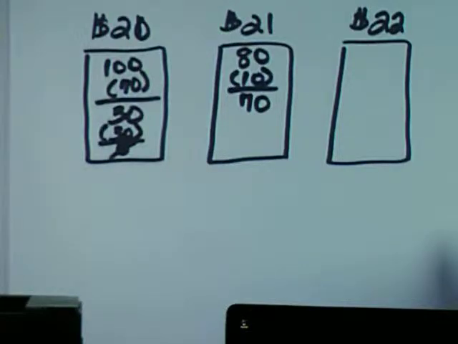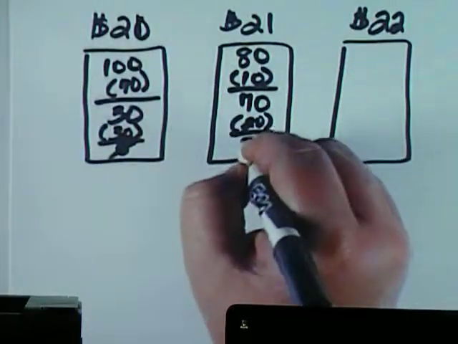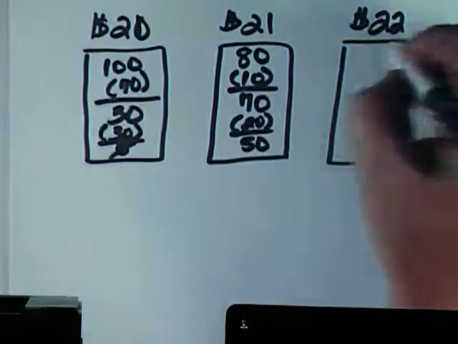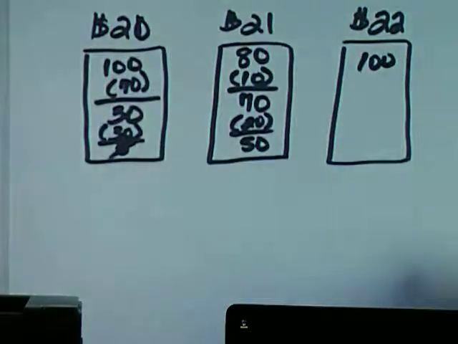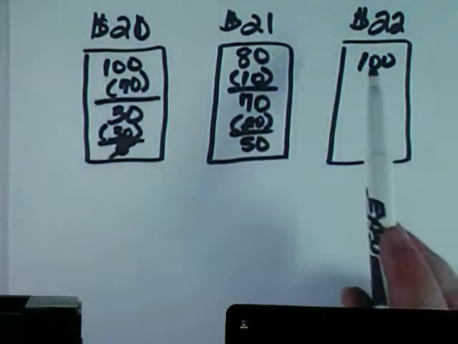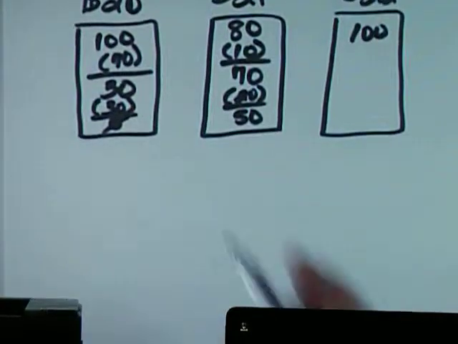Okay? On January 28th, I sold an additional 20 units. I can only pull the 20 units from here, leaving me with 50. And on January 30th, we purchased an additional 100 units at $22 a piece. Okay? So I now have 50 units in the $21 bin, and I've got 100 units in the $22 bin. So if I wanted to look at my cost of goods sold,